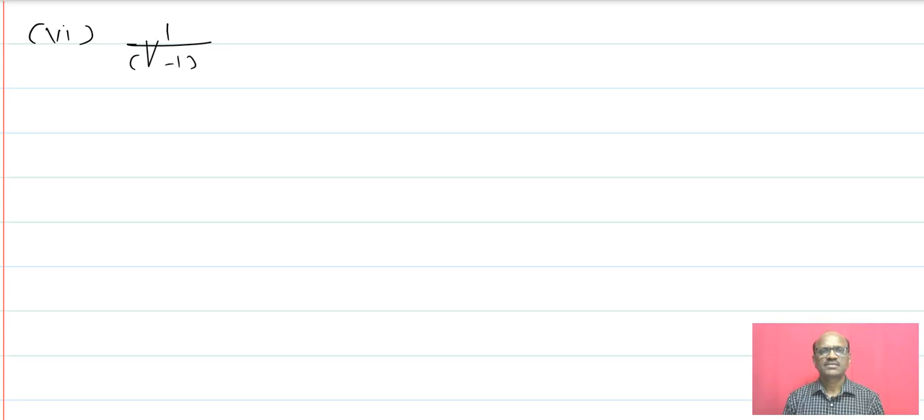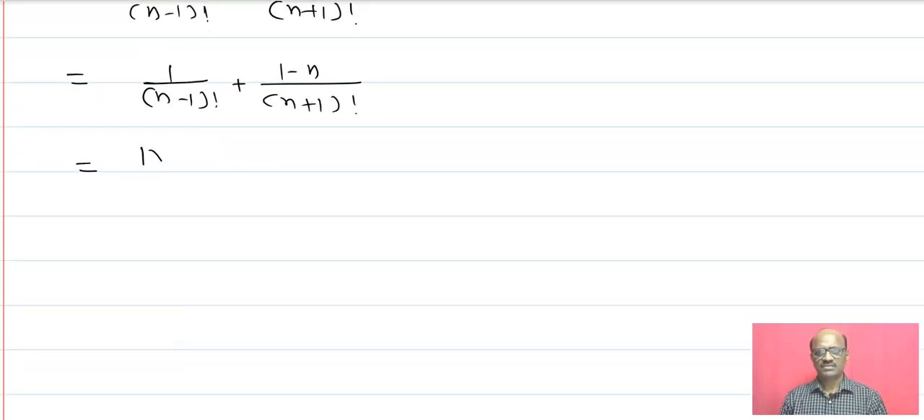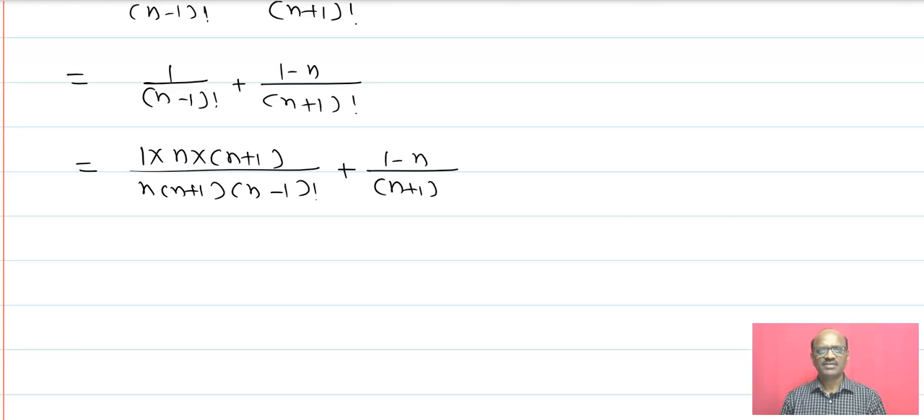Number 6: 1/(n−1)! + (1−n)/(n+1)!. Therefore 1/(n−1)! + (1−n)/(n+1)!. Now again this can be written as 1·(n+1)·n/((n+1)·n·(n−1)!) + (1−n)/(n+1)!,